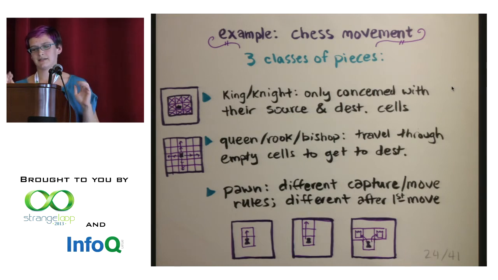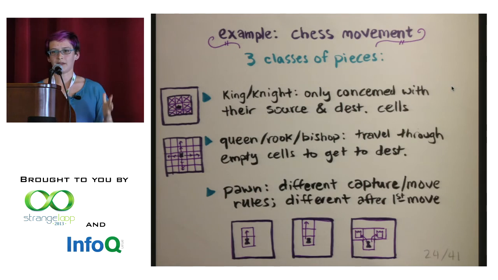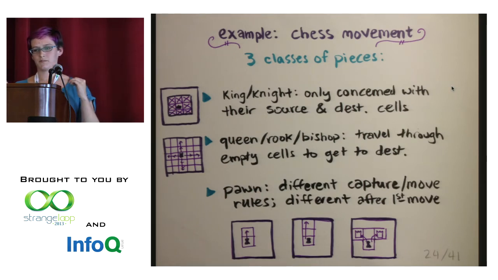I want to make sure that you realize I'm not trying to describe a smart AI for playing chess or something. It's just a system that describes how the game works. Okay, so